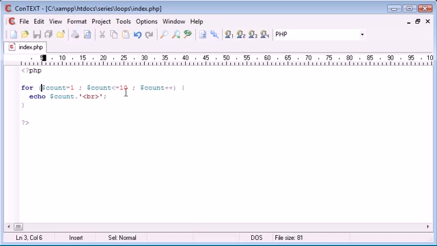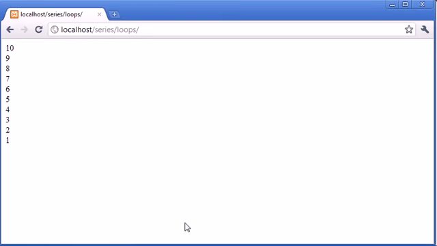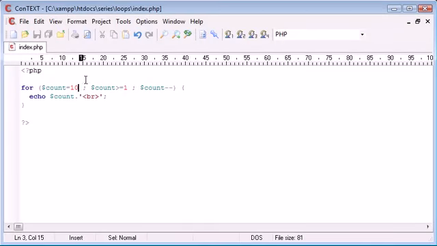It's neater as well. If I was to just simply change that to greater than, this to minus, so that's decrementing it, this to 1 and this to 10, now what we're doing is we're counting from 10 to 1. So we've just changed them three parts of each expression around, where we're saying count is equal to 10 initially, while count is smaller than, or sorry, greater than or equal to 1,